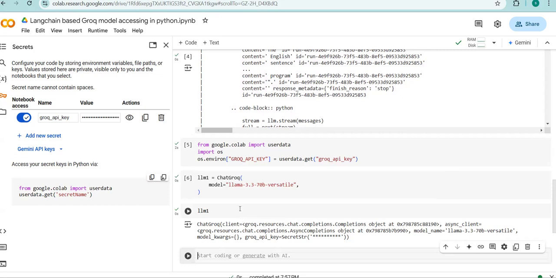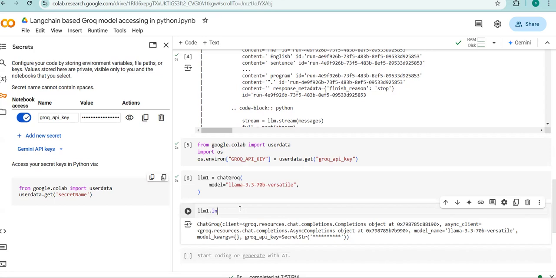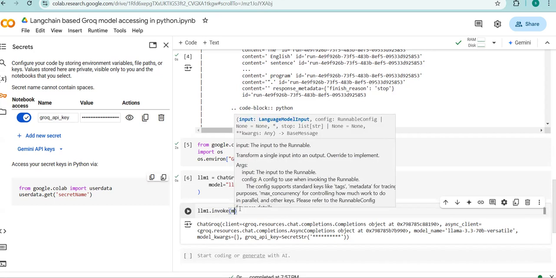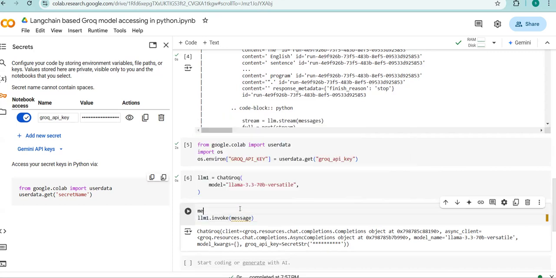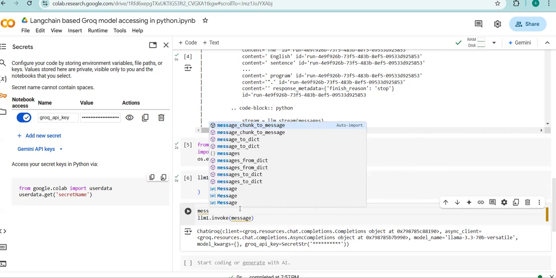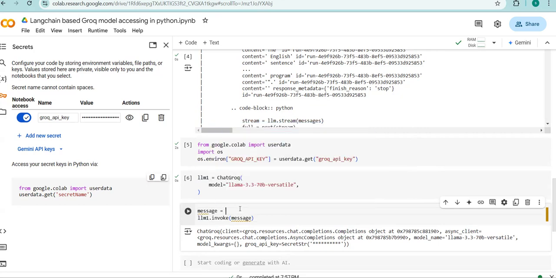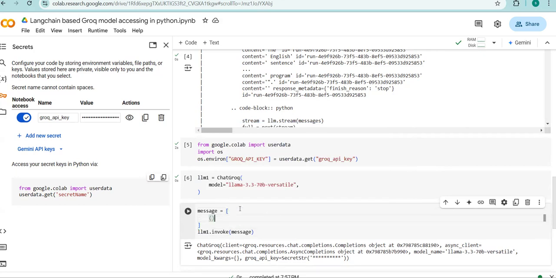Now I want to invoke this model by providing some message or some question, I want to invoke this LLM. So what is my message? The message is nothing but a list of discussions. The discussions may be started from your model or from you. Let's say I want to start a discussion and provide a user related question,